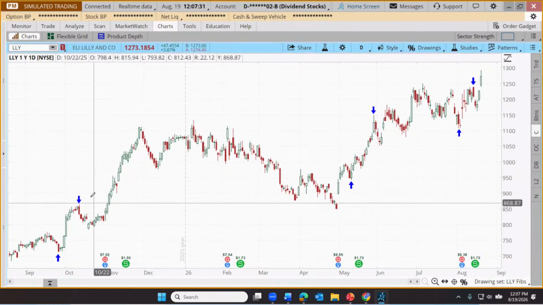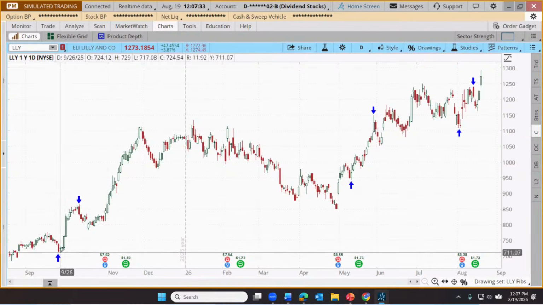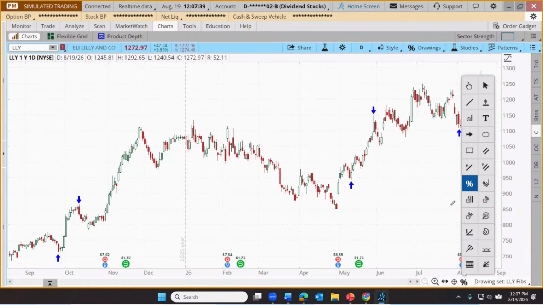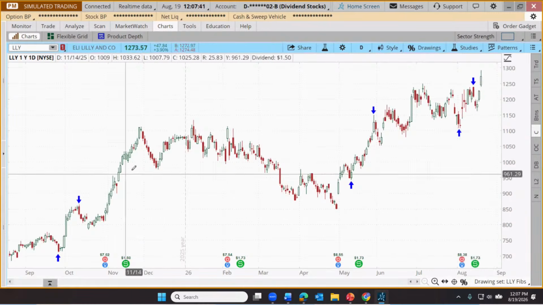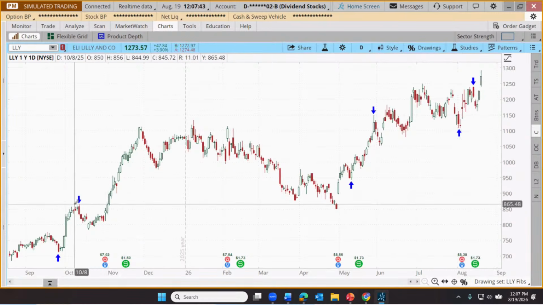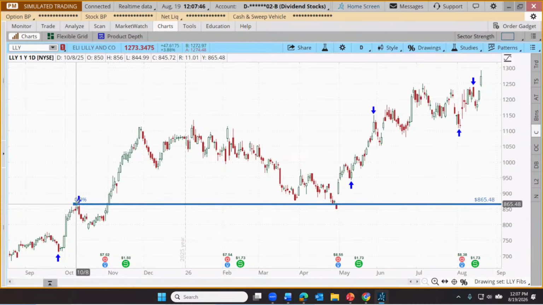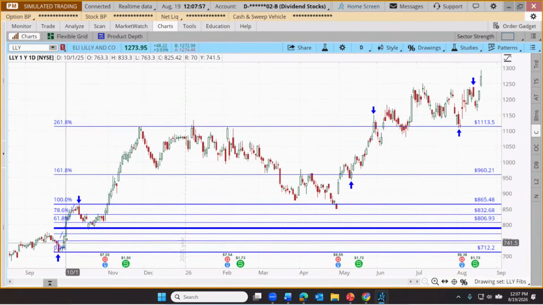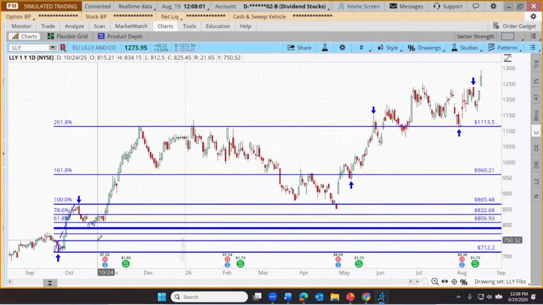So let's just go back to this first one right here. Big strong move up back September into October of last year. And I've selected my Fibonacci retracements tool. And the way to draw these is to go to the top of the move and click once, and then go to the bottom of the move and click again. It's not a click and drag, but 2 separate clicks. Notice my hands are not on my mouse right now, so it's not a drag. It's 2 separate clicks. But as we do that, we're presented with a whole series of lines.